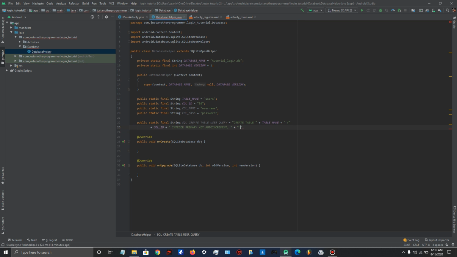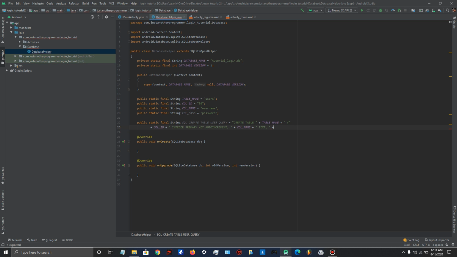Again, here we write the next column, which is column name, star, space, then we write text, comma, space, then